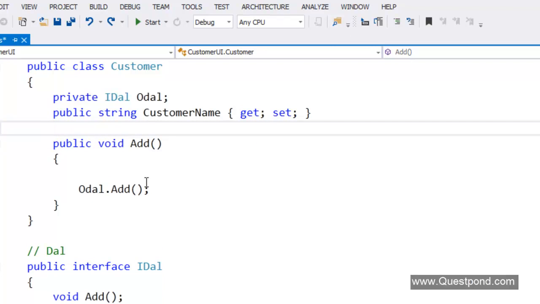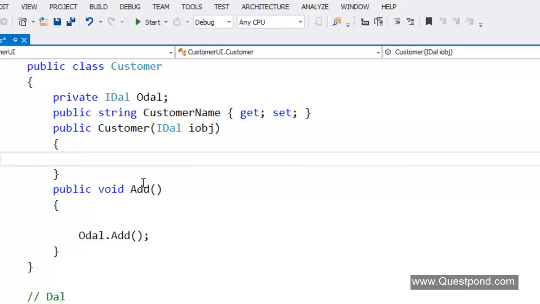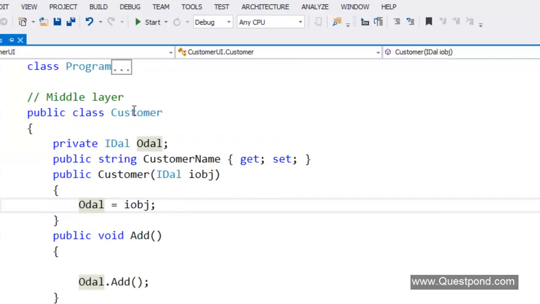So what we'll do here is we'll create a constructor and we'll say that somewhere from outside somebody will pass the IDataAccessLayer object. So you can see here what I'm doing is, from the customer class perspective, I have become selfish. The customer class here is exposing a constructor, and he says that someone else will pass it. Now who is that someone else? We have no idea of it, right?